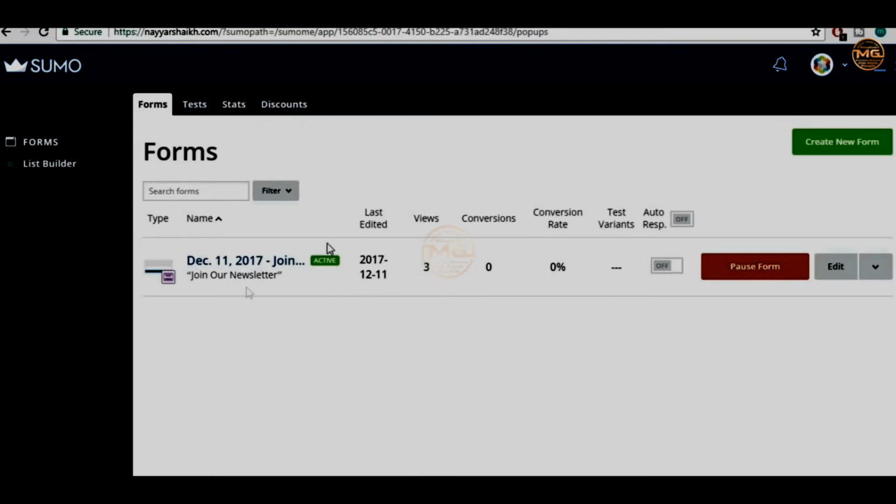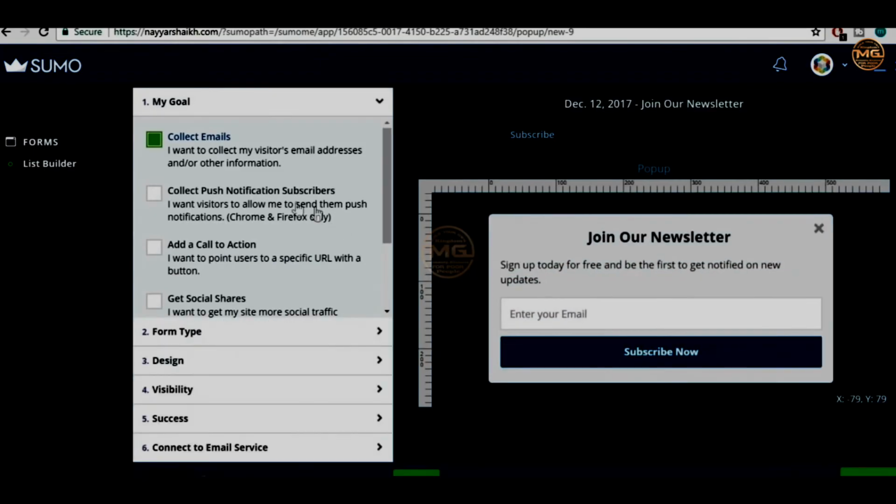Hover over forms and click on list builder. I have already created a pop-up form, but don't worry, I'll show you how to do that. You can just click on this button which says create new form. First, you'll have to specify the goal. What is your goal to create this form? So obviously our goal is to collect emails. I want to collect my visitors' email address and or other information, but we just want to collect their email